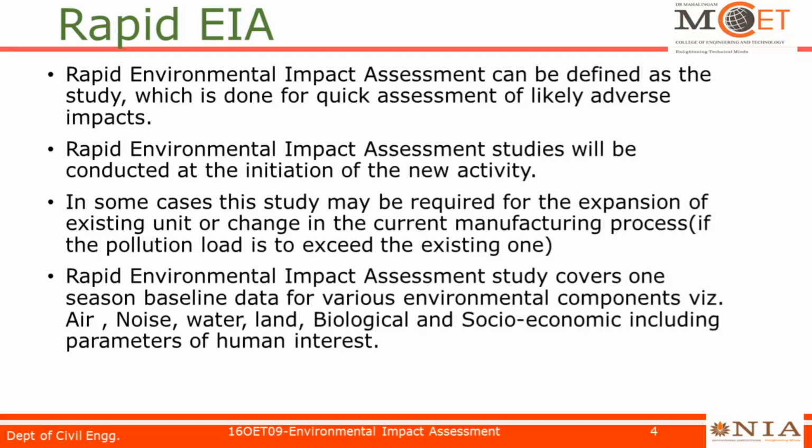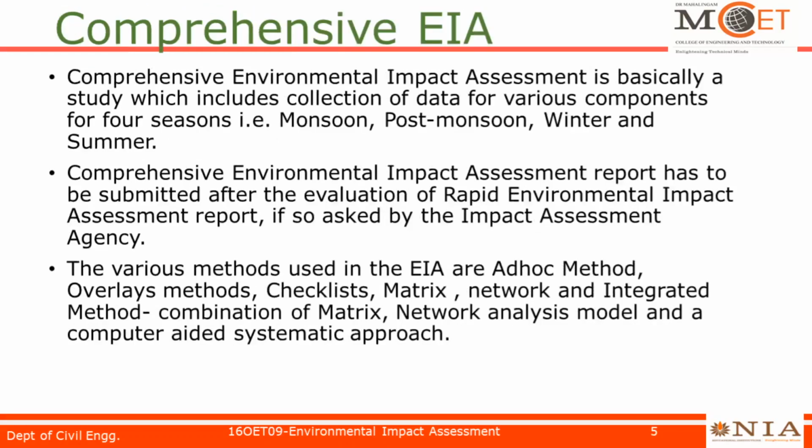Rapid EIA study covers one season baseline data for various environmental components, that is air, noise, water, land, biological and socioeconomic, including parameters of human interest. Comprehensive EIA is basically a study which includes collection of data for various components for 4 seasons: monsoon, post-monsoon, winter, summer. Comprehensive EIA has to be submitted after the evaluation of Rapid EIA report, if so asked by the Impact